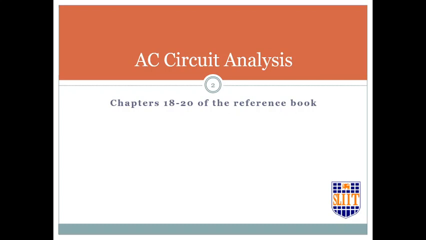Alright, so we will discuss more on AC circuit analysis today. Last lecture we discussed the basics of AC, like how capacitors and inductors behave, and the introduction to impedance, reactance, and things like that. So today I'll be running a little faster because the topics that we are talking about today are